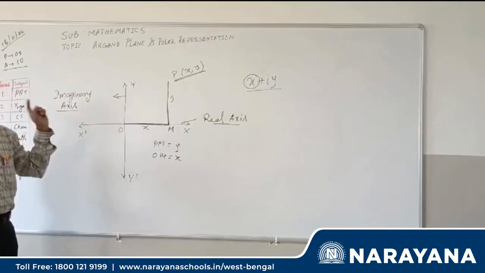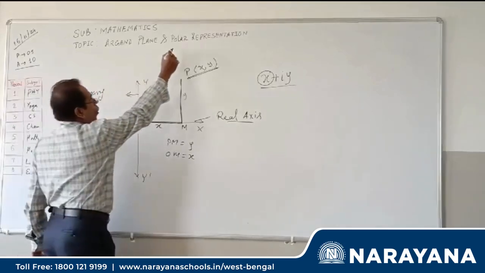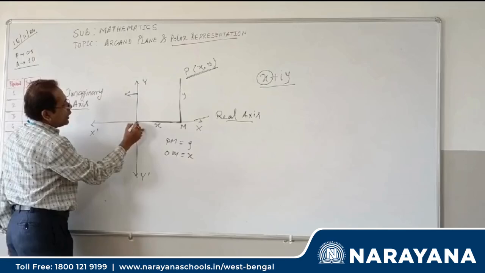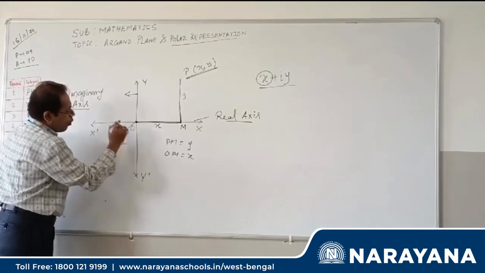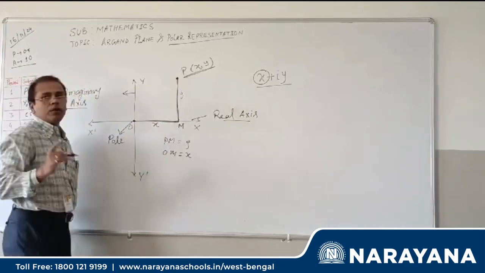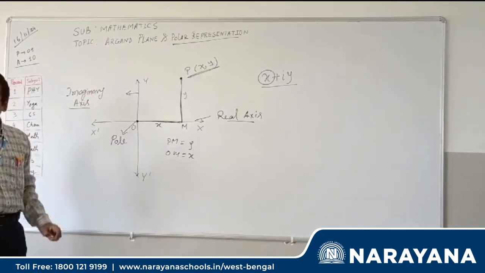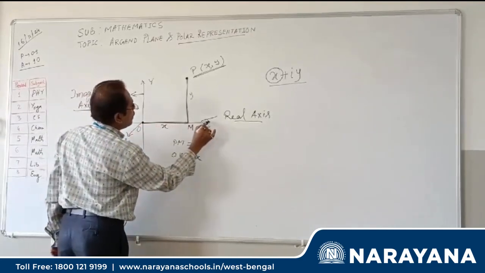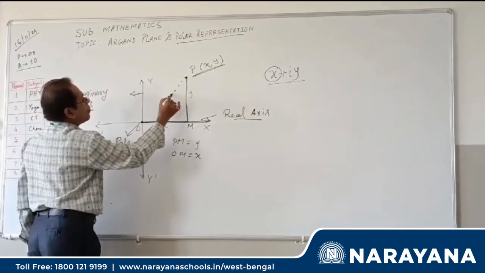And there is another way of representation of a complex number, that is called polar representation. Now, same thing. So the origin we will take as the pole. Now this point, suppose the same point P(x, y) we want to represent through polar representation. So only one fixed point will be the pole, and one initial line along this one, which in that case is called the initial line. Now if we join this one,